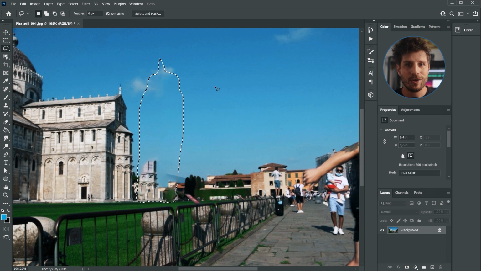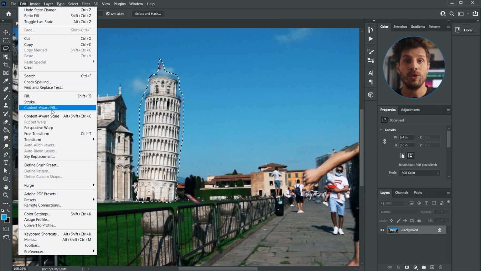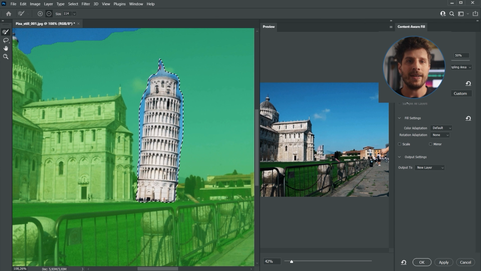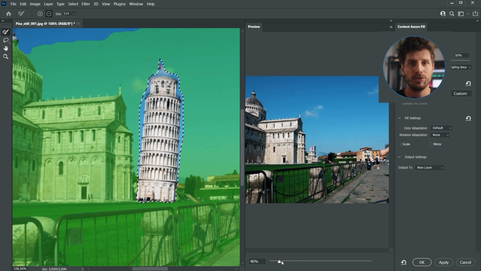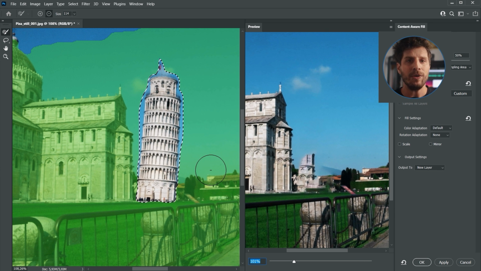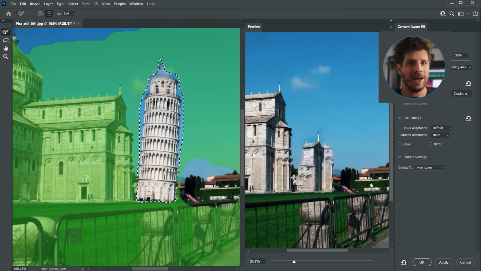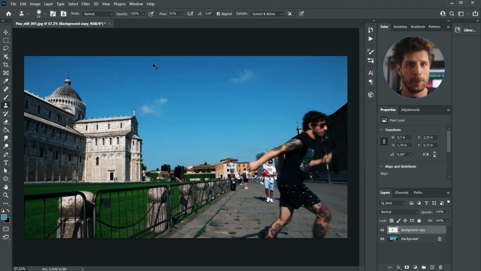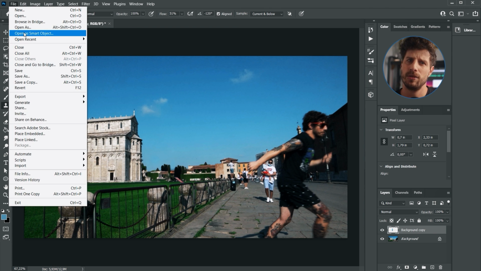But it gets even cooler. Go directly to Content Aware Fill. And here you'll get a preview and you can tell it which parts of the image it should use to reproduce the image and which not, by simply painting over the areas with or without hitting the Alt button while painting. And you also get a live update of your final result. Now that is some crazy stuff. But this is not a clean plate tutorial, so